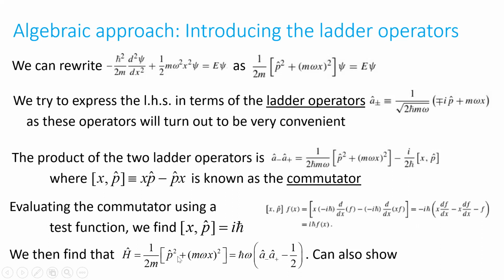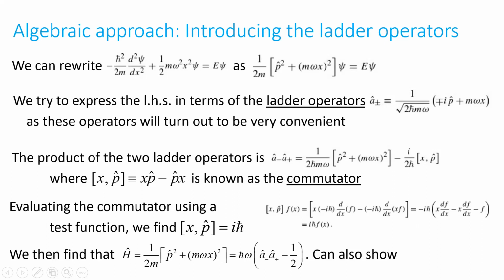1 over 2m p squared plus m omega squared x squared, can be written in terms of these new ladder operators as h bar omega times a minus a plus minus 1/2. Okay, so that's a pretty simple form, and we'll see that it's very useful to have it in this form